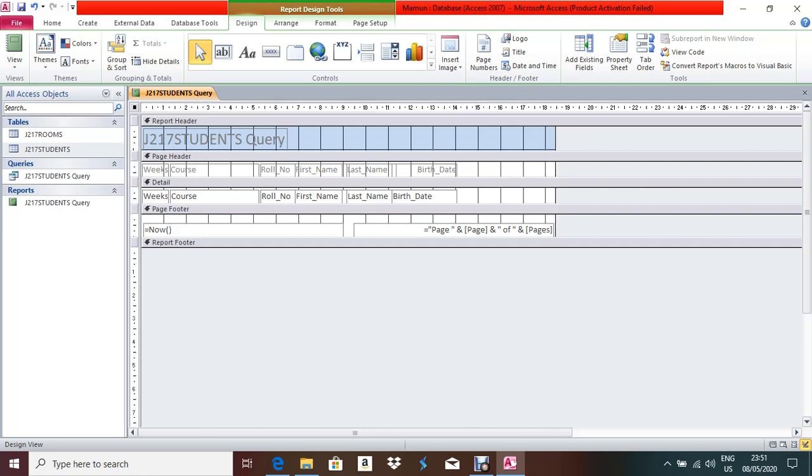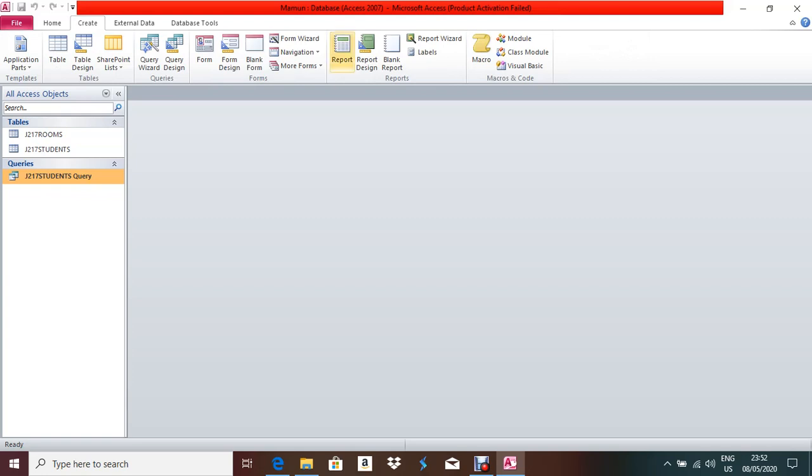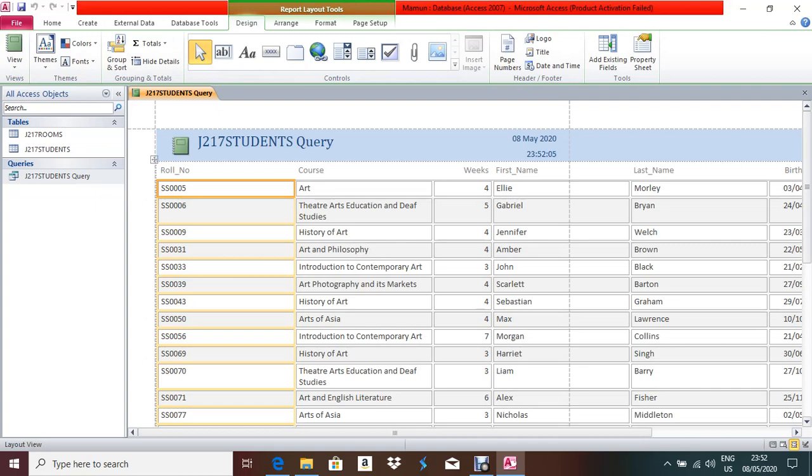Did you see that? So in that case, what I have to do, in that case we have to do our query report in a different way. In October 2016 I did one query. It's like if some field is not visible, and which way you do, they're asking for it. So what I'll do, I'll delete this report. Why am I deleting? Because all the fields are not coming in this way. So what I will do, I'll select the query, then create, just click report, and all the fields are there, and they're asking for print.